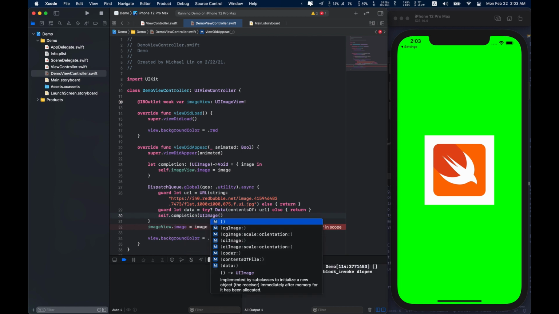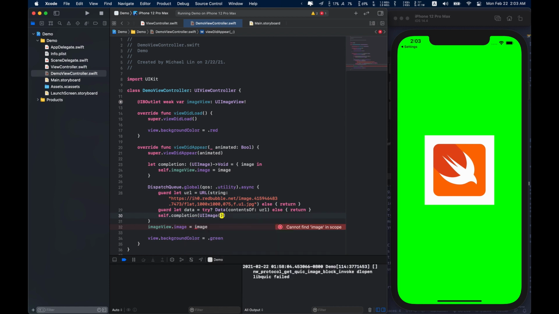So we're going to do the same thing: UIImage. I forgot again what it's called. The data. Oh yeah, data. So data, right? And we're probably going to force unwrap because we know where it's safe, right? So here we're done. We created sort of